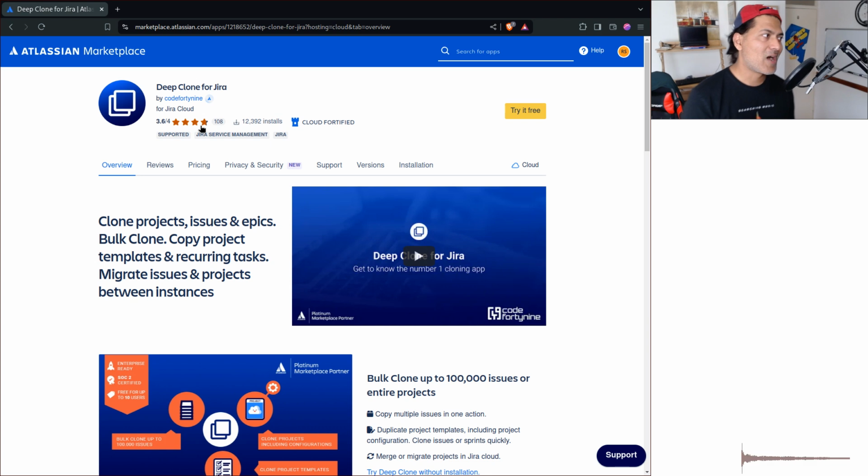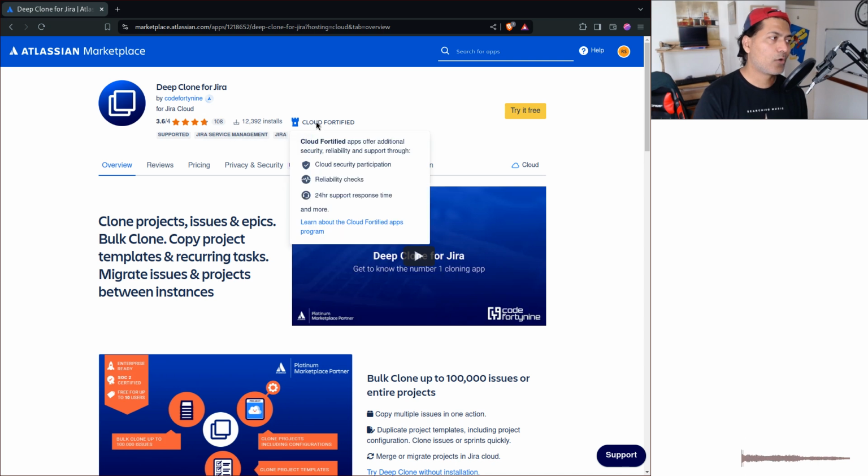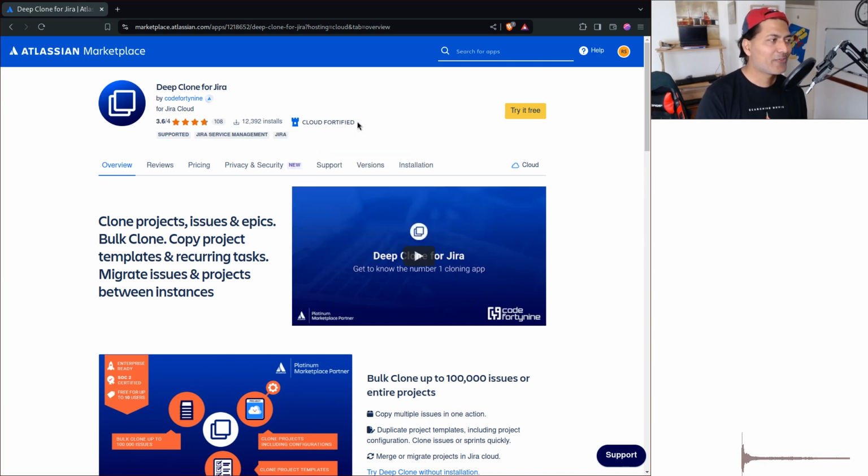But apart from the rating and the number of installs, you can also look at the Cloud Fortified tag here from Atlassian,